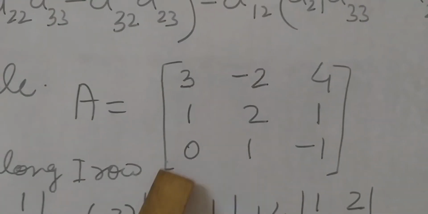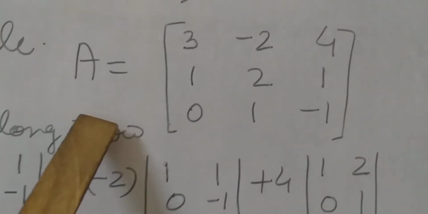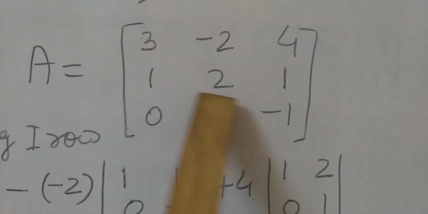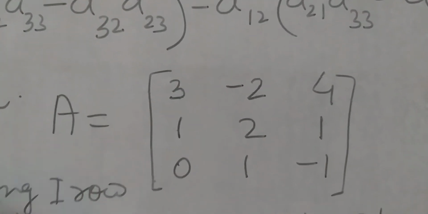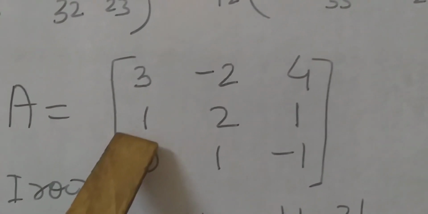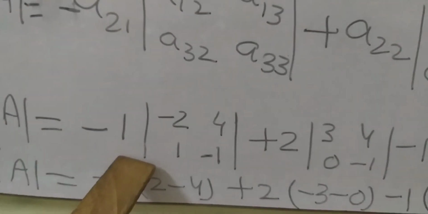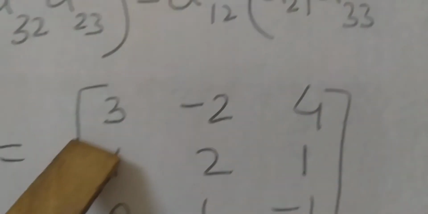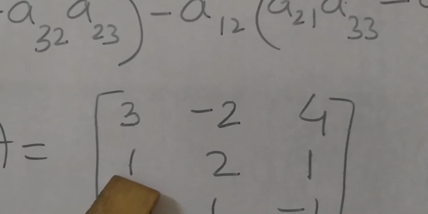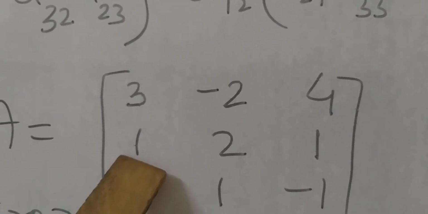So in the same way, let us solve the same example, student. Now I am going to expand it along the second row. Correct? So determinant of A, the first element is 1. We have to write 1. Correct? It lies at the position A21. 2 plus 1, 3. Odd number. We have to put a minus sign.